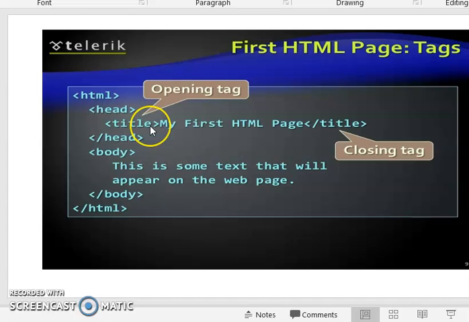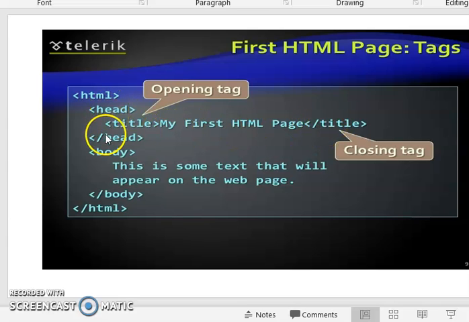This tag is called the opening tag, and the tag can be closed using a backslash before the title. So in the title tag, title/title, this is the closing tag.